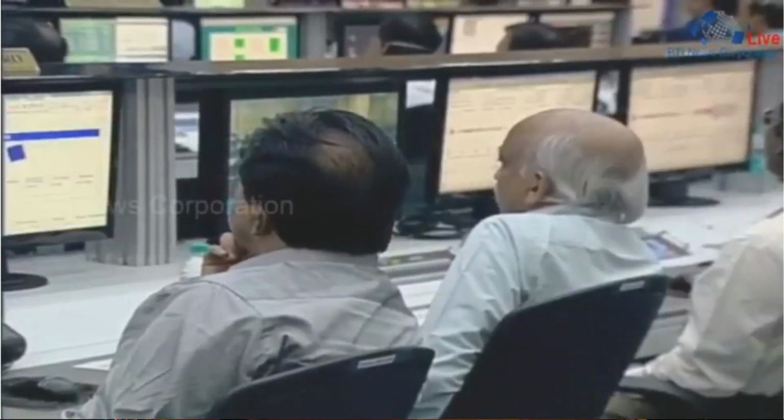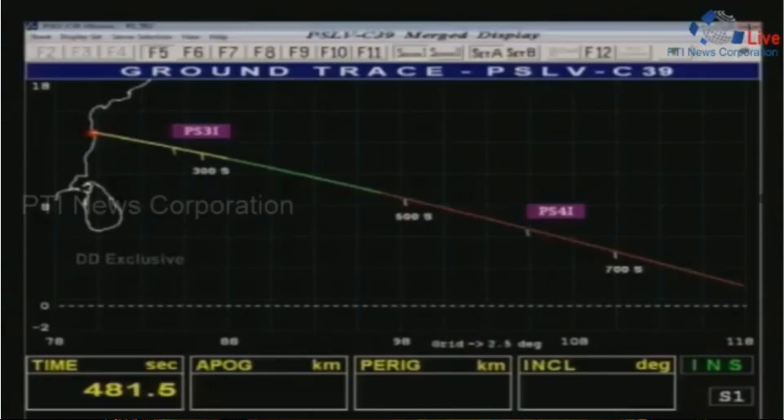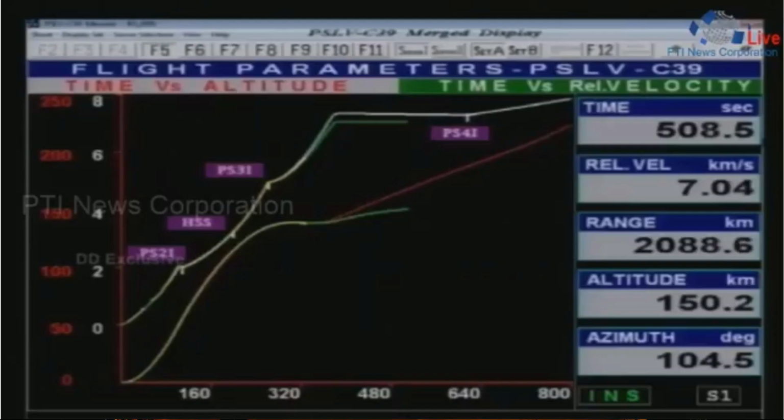So we are going through the coasting. 90 seconds. As per the planned timing, the PS4 ignition should happen at 617 seconds when the vehicle would have reached an altitude of around 100. As far as the PS4 is concerned, the PS4 burning is for nearly 500 plus seconds, and after the PS4